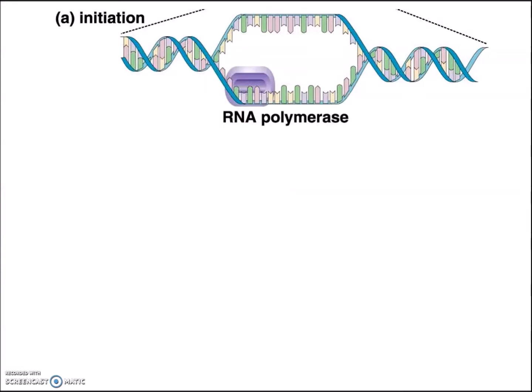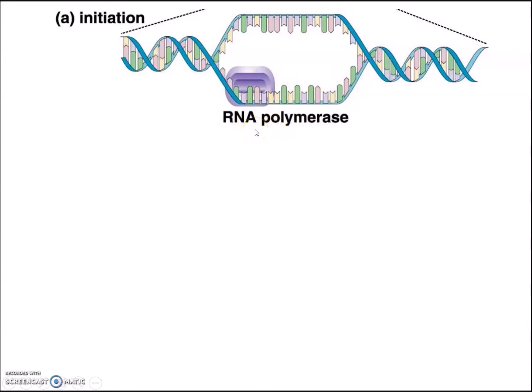Take a look at this picture. Here's a double helix molecule, a double-stranded, twisted around together molecule. But in the middle, it's unwound. There's a special enzyme that helps to unwind the DNA so that it can be transcribed. We don't need to know the names of all of the important enzymes, but this one that's listed here is